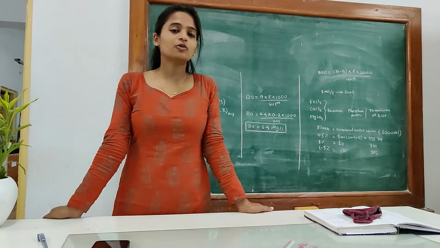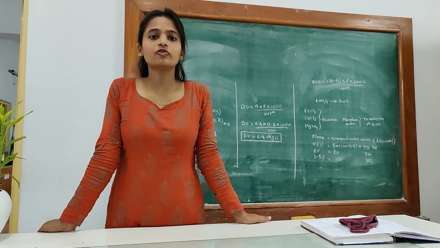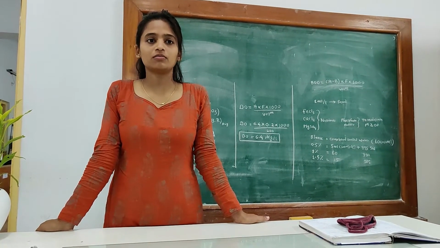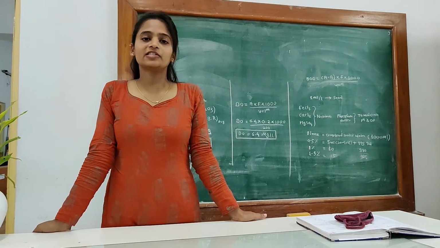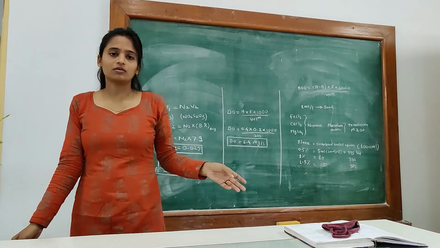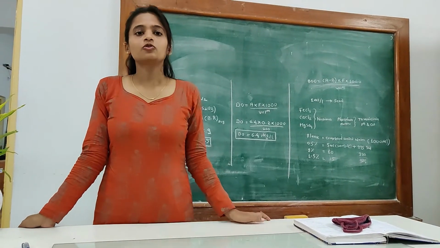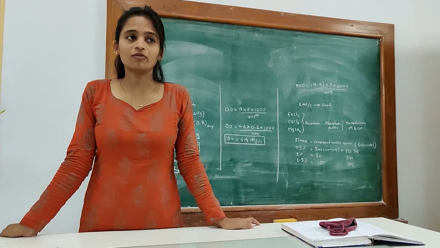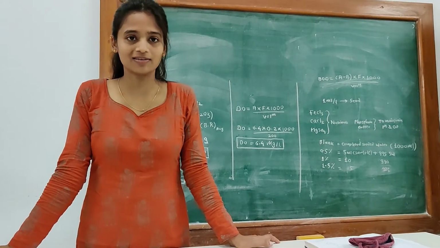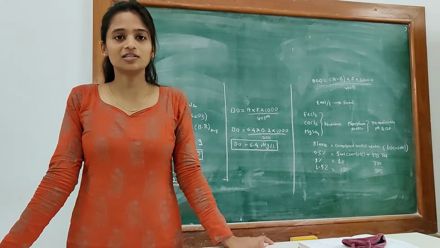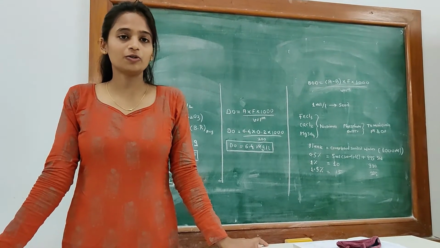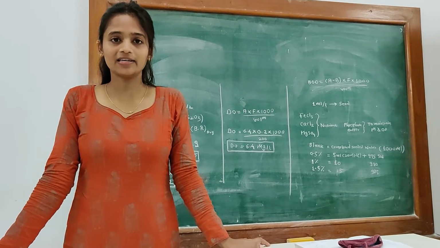One more thing I need to tell you: if you are going to any site and you need to measure or estimate the DO of a water sample on that site, what will you do? You will always have to carry those two chemicals to fix the dissolved oxygen. And which are those? I have told you: manganese sulfate and alkali iodide azide.